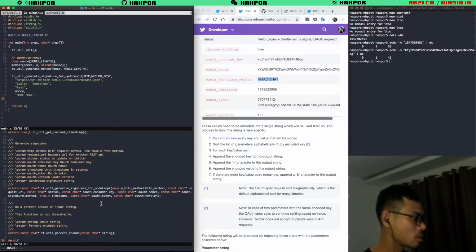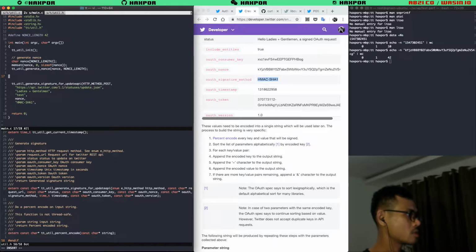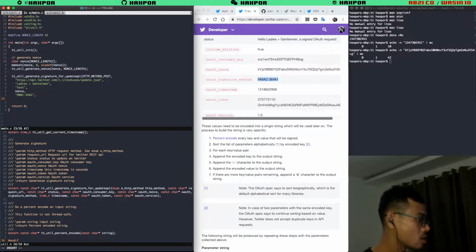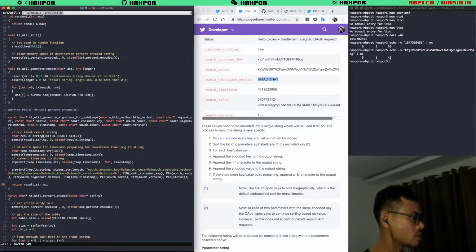Right. What else? Timestamp. Okay, we're gonna get timestamp here. Get timestamp. Yeah, use the function right away. You can see at the bottom panel, you're gonna see TTU2 get current timestamp. Actually, the implementation of that is this timestamp. Where is it?